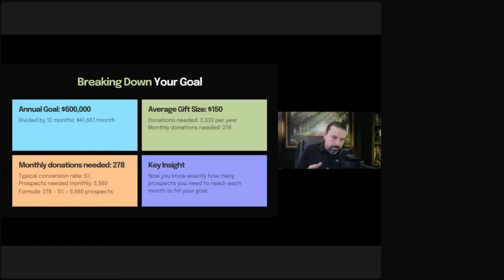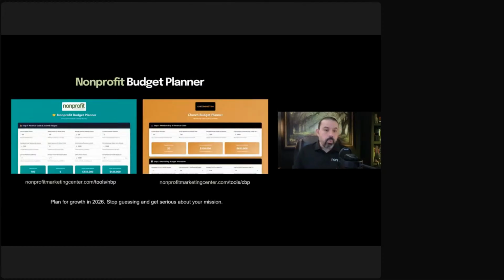We have to say, okay, if our goal is $1 million, what does this actually divide out to based on our current numbers? If we don't know our numbers, we need to figure them out. Now, one of the things we did for you, this was actually a bonus that we decided to do last minute, was create a planning system to figure this out. What if you plugged in your current numbers and your target numbers, and it came up with that budget?